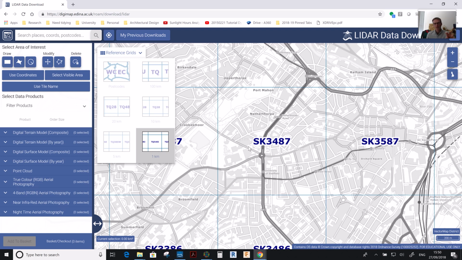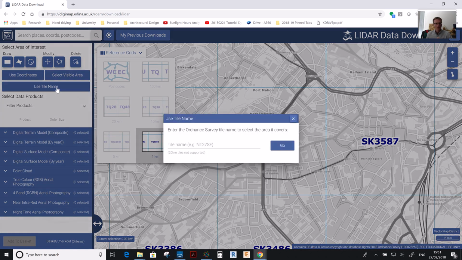It won't mean anything to you till you see it. Okay, so you'll have to come back and watch the video where we actually bring the point cloud into Revit. So you just have to imagine for now it's going to be a series of points in space from a laser scanner. And yeah, so I only want to get 1 kilometer. So I'll write down this tile here. We'll type it into our tile name, which was SK3487,